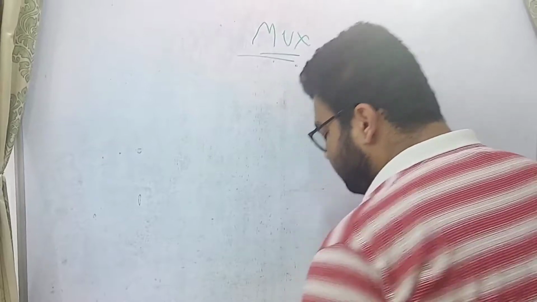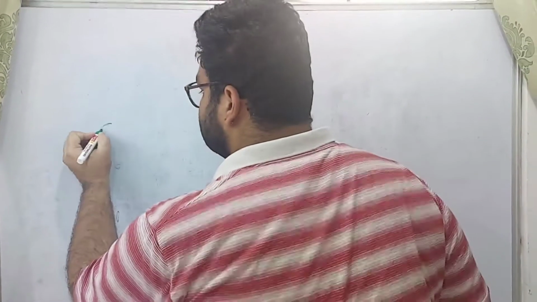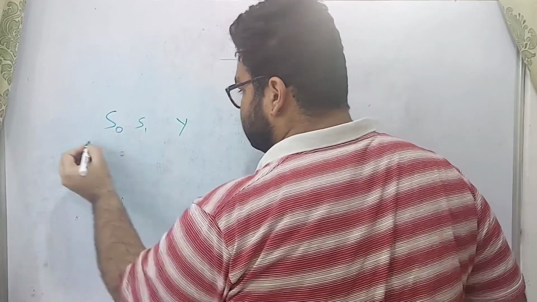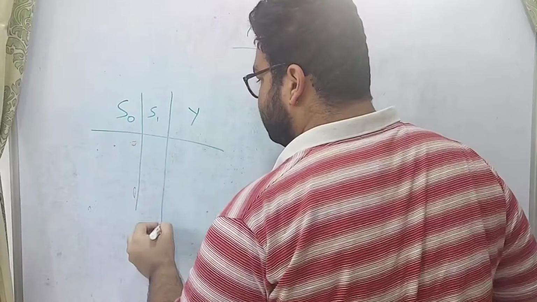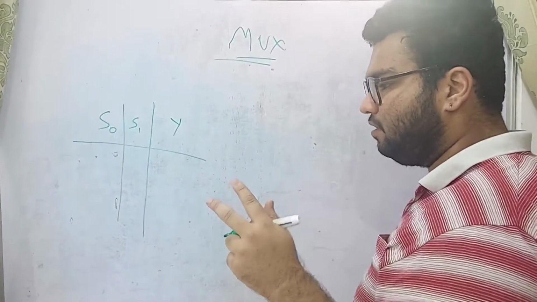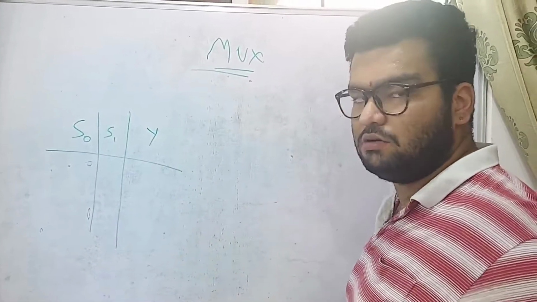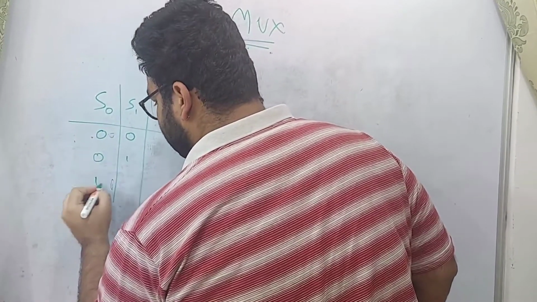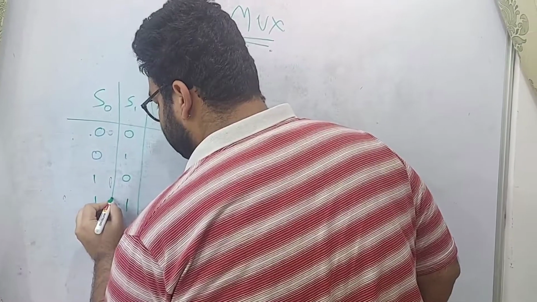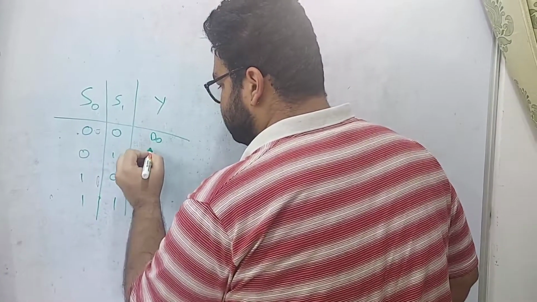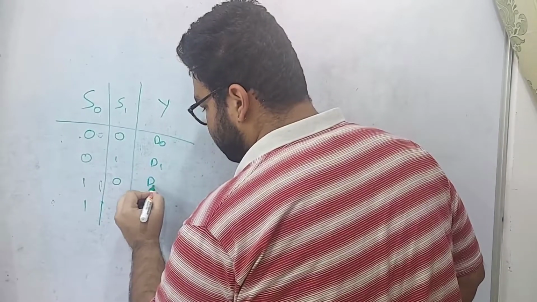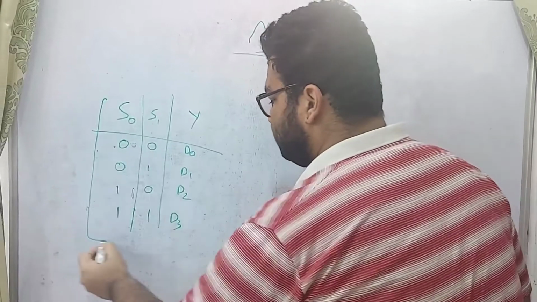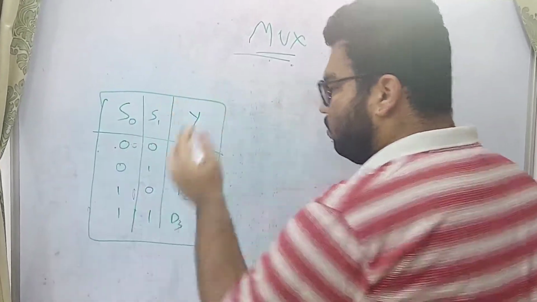So, truth table for 4x1 MUX. 2 select lines as I have drawn here, so there will be 1 output. As I told you, the use of the select lines is to tell which input should be connected to the output. Hence here will be 0, 0, 0, 1, 1, 0, 1, 1, and D0, D1, D2 and D3. So this is the simple truth table or rule for